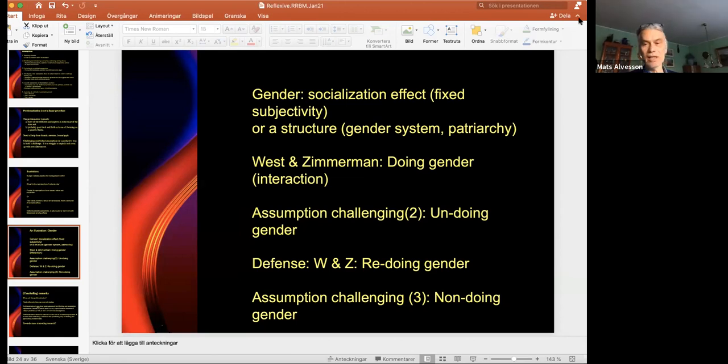So do you pay attention to gender? Not necessarily. Is that something that you are worried about? Well, sometimes you couldn't care less, perhaps, and so on. So we are saying that there is often the option, and people, large part of the time, they are non-doing gender. They're doing something else instead. They may do age or